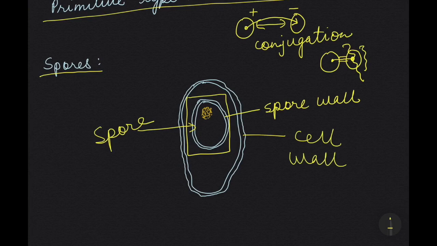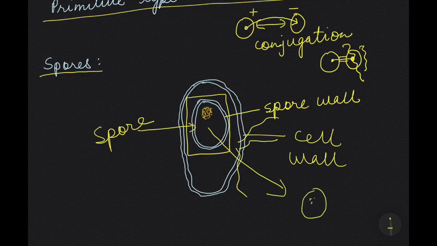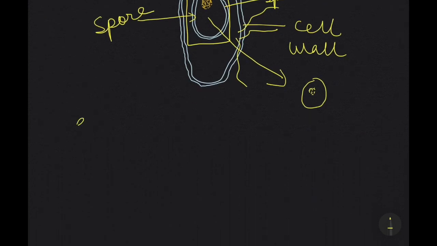So it remains like this to overcome unfavorable conditions, and later when it comes in contact with favorable conditions, it becomes free and the cell wall ruptures. This will break open the cell wall and the spore will escape out, and then again it will form another new bacteria. Remember, spores can withstand unfavorable conditions like extreme dryness,